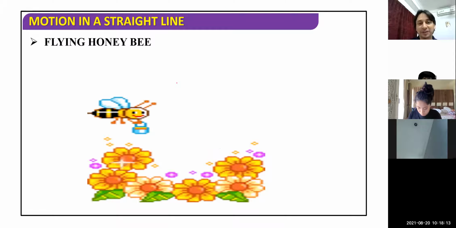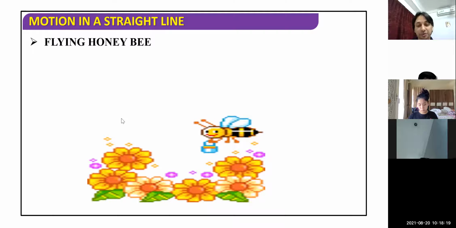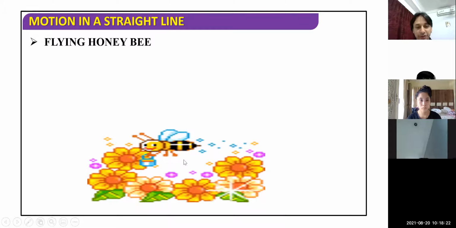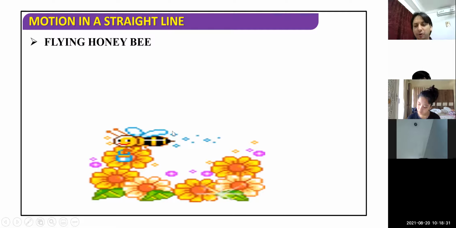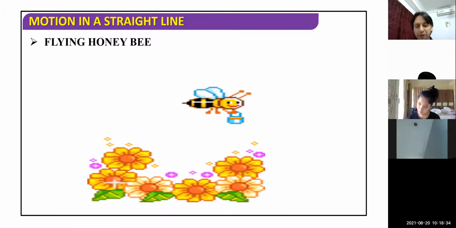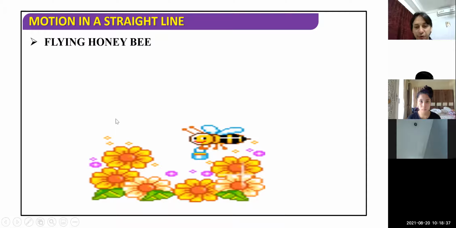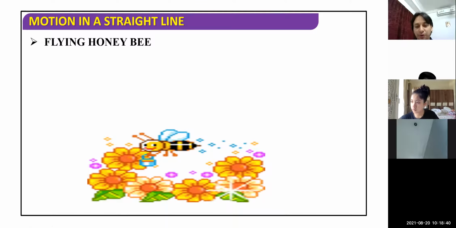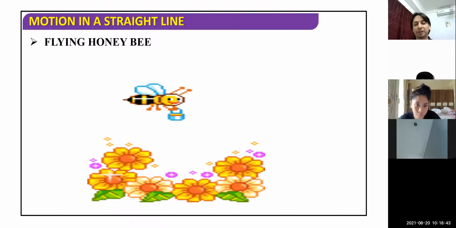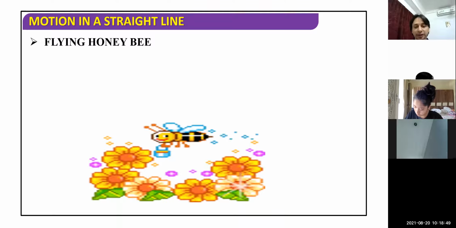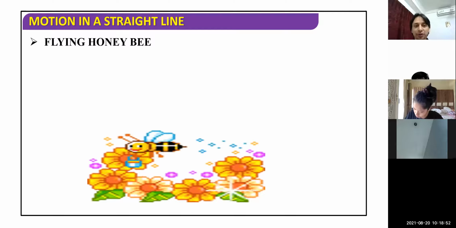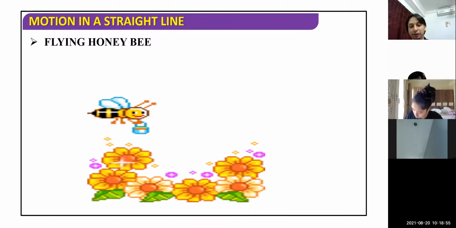Flying of insects, sorry, not flying of insects, but birds, and especially the honey bee. Observe this diagram. In this picture, this is not only the honeybee, but all the birds, they fly. What type of motion do they possess? Is this 1 dimension? Is this 2D? Or is it 3D? 3D. It's 3D. The birds in motion, birds in air, birds in space, or anything in space. That is an example of motion in 3D in space, along x-axis, along y.